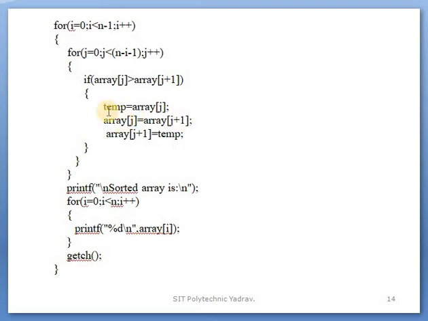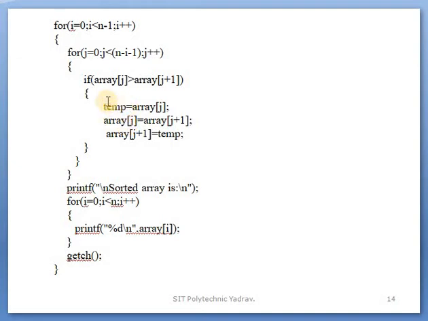So we use a temporary variable. Why use a temporary variable? If you assign the value of array of j plus 1, the first element, to the 0th element, then the number at the 0th position is overridden, and that value is lost in memory.